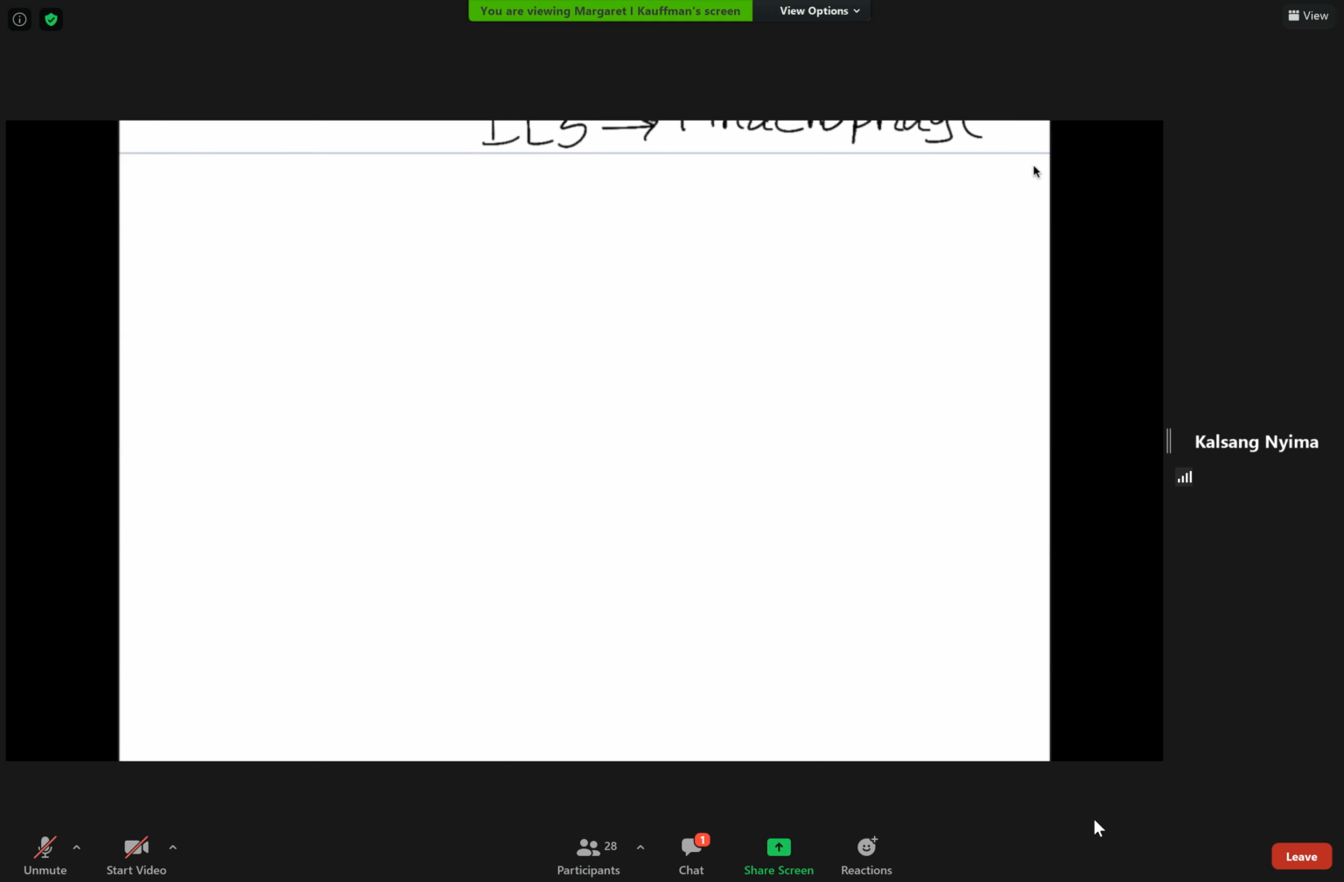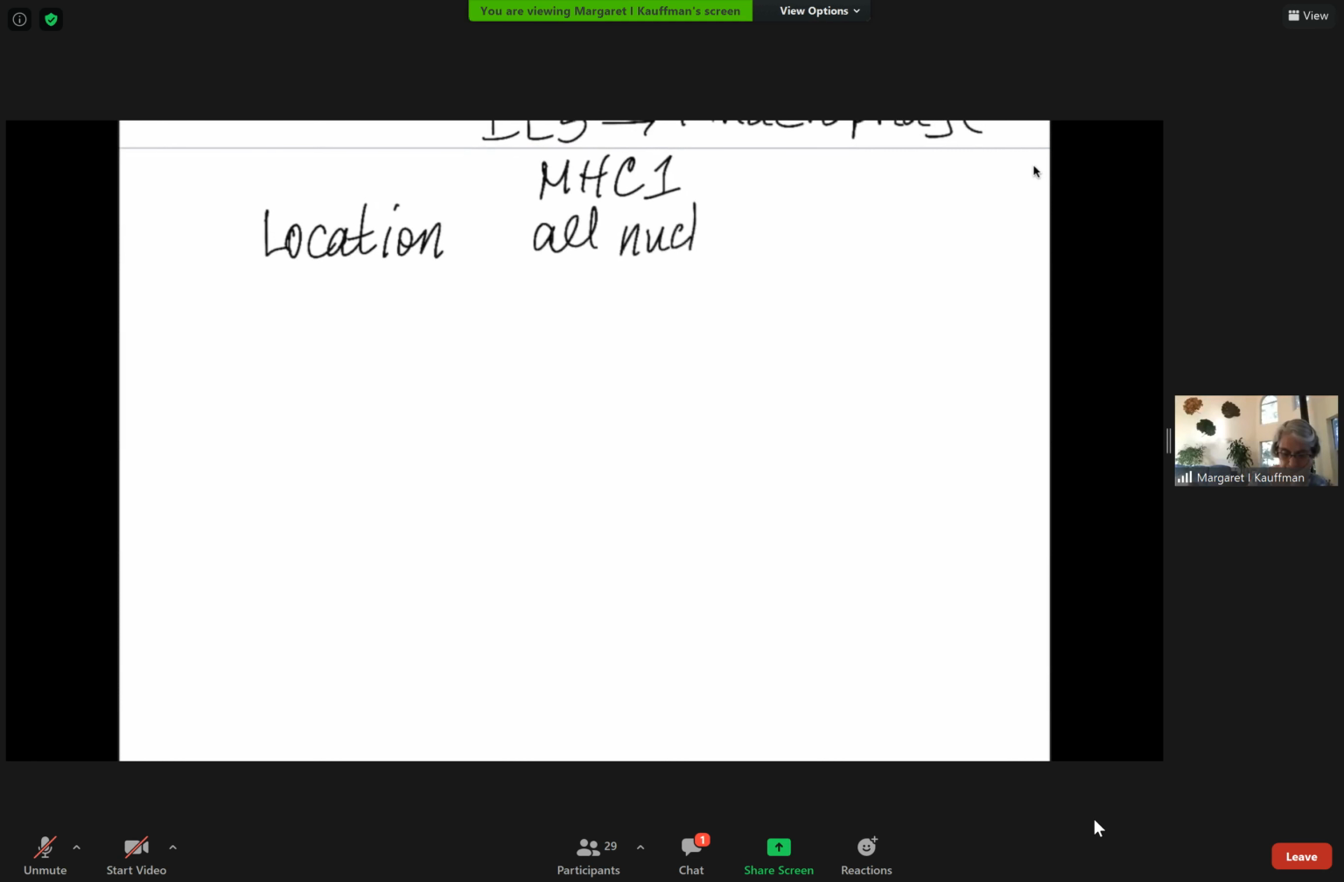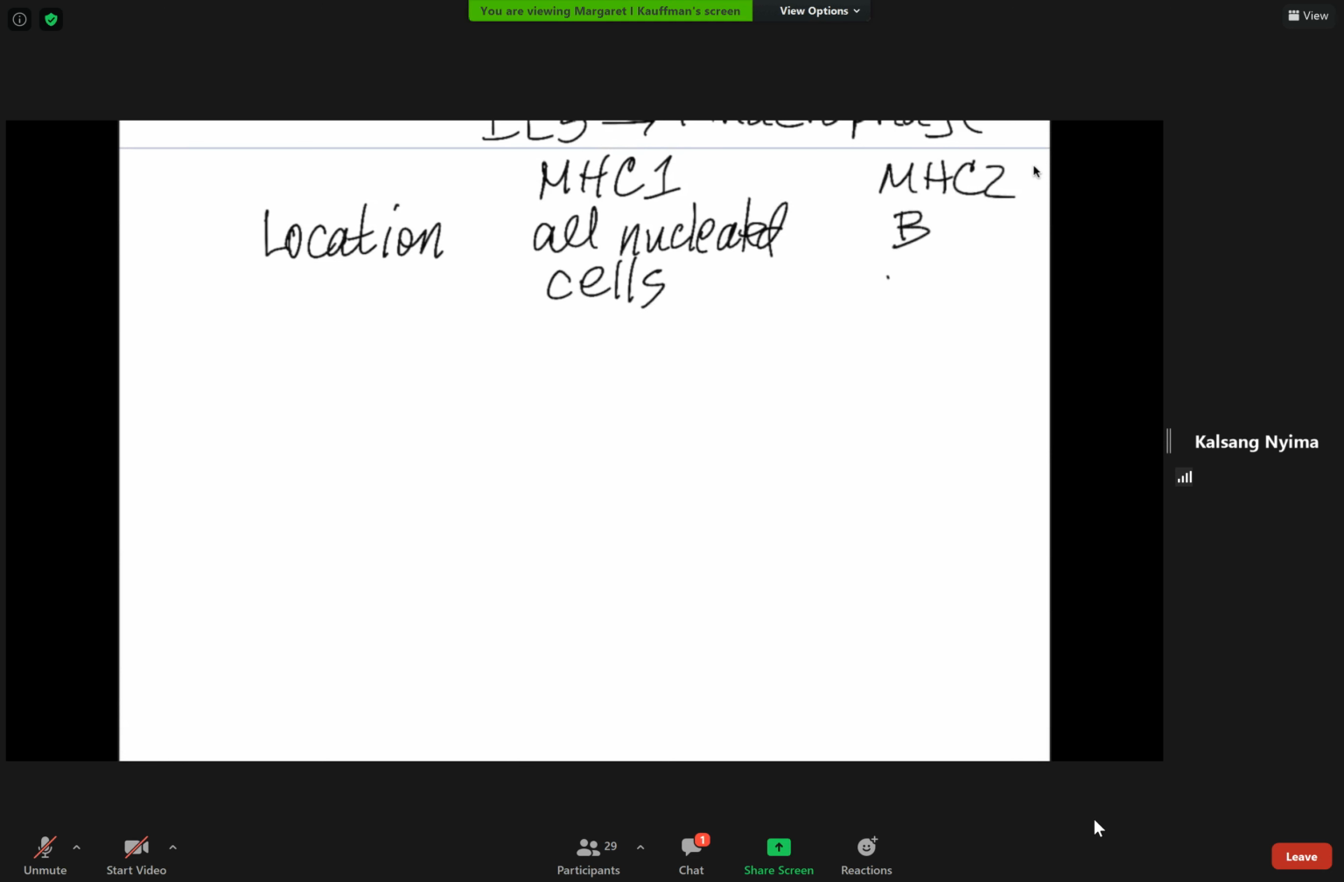So, the location for MHC1 is in all nucleated cells. Okay. MHC2 is APCs, which are dendritic, macrophage, and B cells. Great. And moving on to functions, MHC1